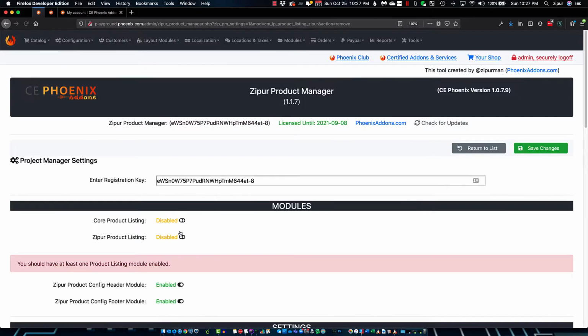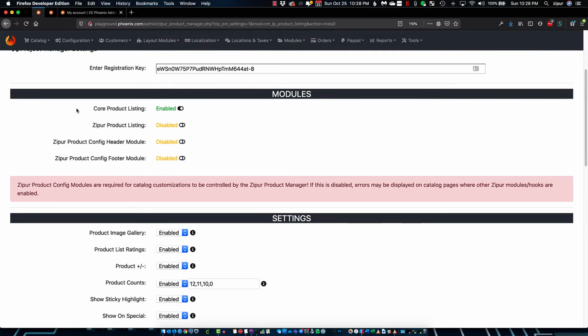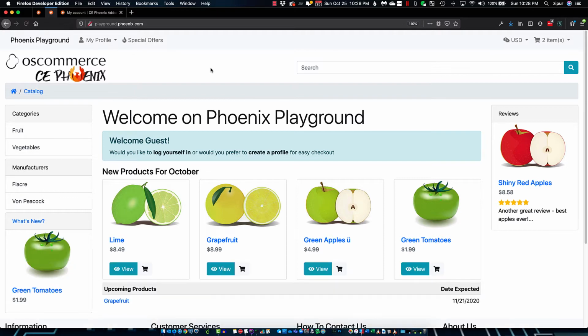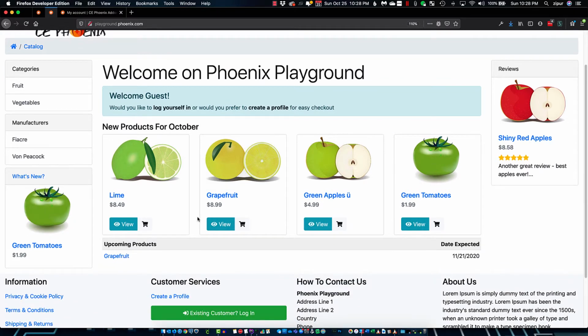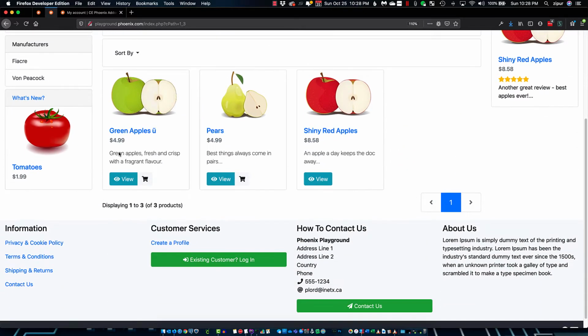Normally with Phoenix, this is the state it would be in after a fresh install. The core product listing is basically the product listing as it comes out of the box with Phoenix. So it looks just like that. And it's fully functional, allows you to go in to your categories and you can add things to your cart,